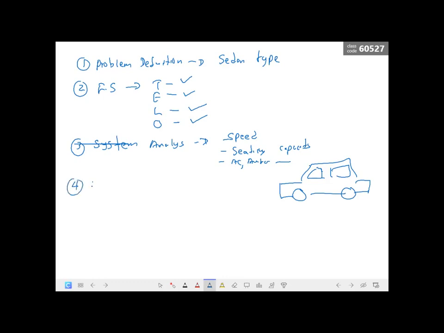Then design. What is done in the design stage, student? We draw the designs, right, for each and every part. If you take a door, the design of the door is drawn, right? How does the lock come, where does it go? Then how the parts connect in the design. If you take the body of the car, how is the design of it? Even when making a car, you know a draftsman draws the design, then